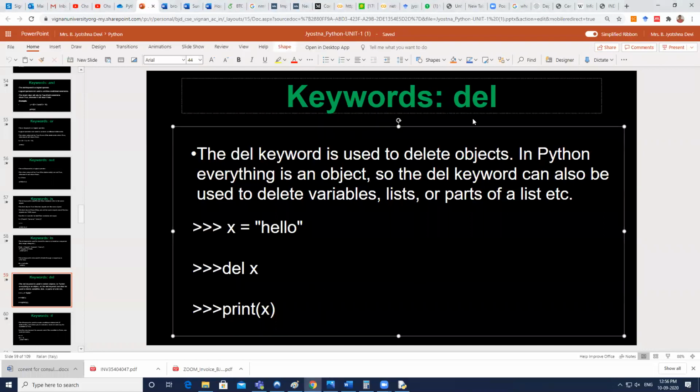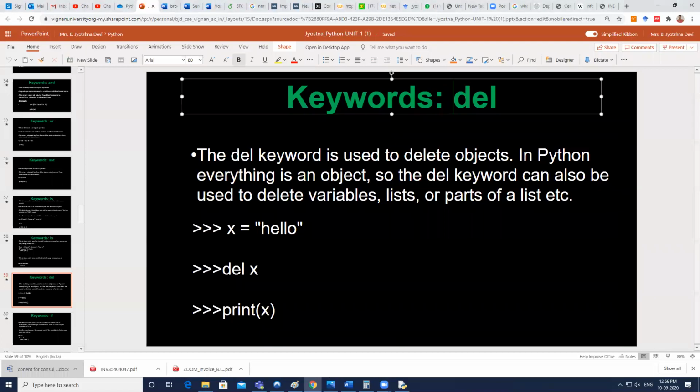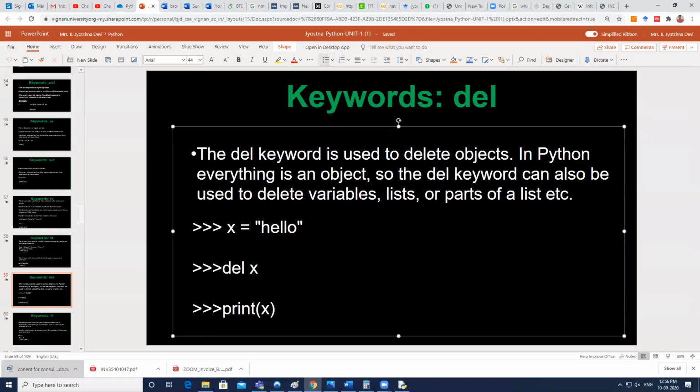So let's see what is the use of the del keyword. When did you use this del keyword? Do you remember in your C language or Java language? Whenever you want to delete an object, right? In the same way here also, whenever you want to delete an object, you have to use the del keyword. So simply you can use it like this.